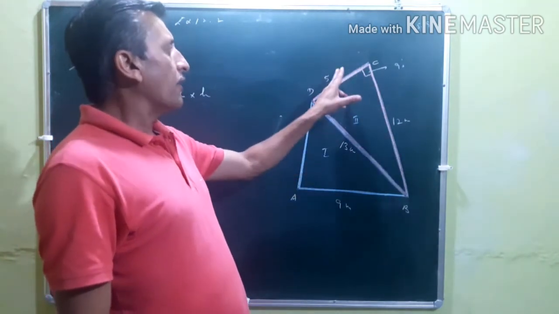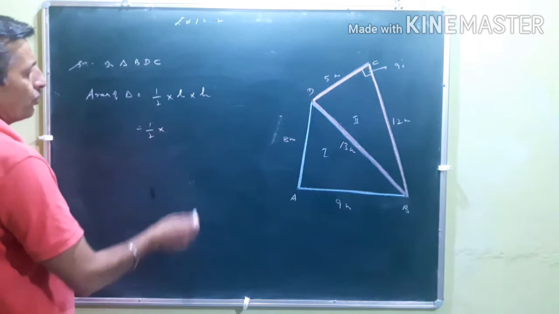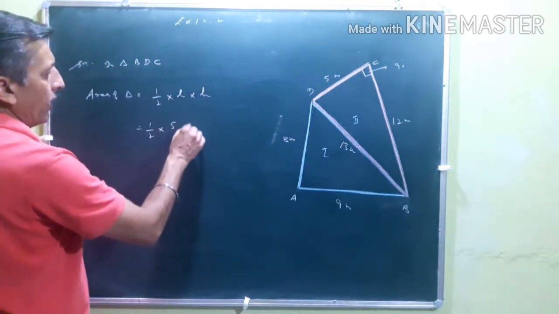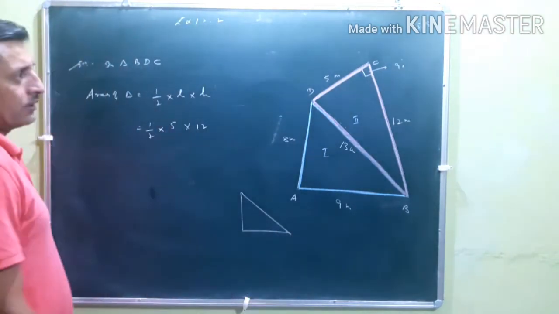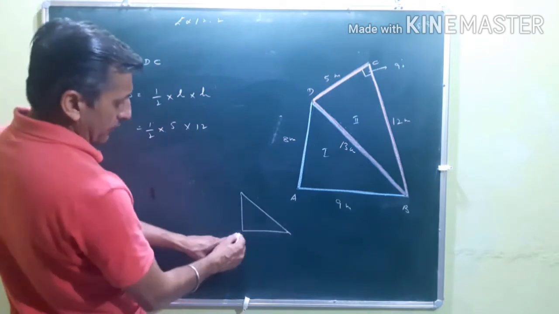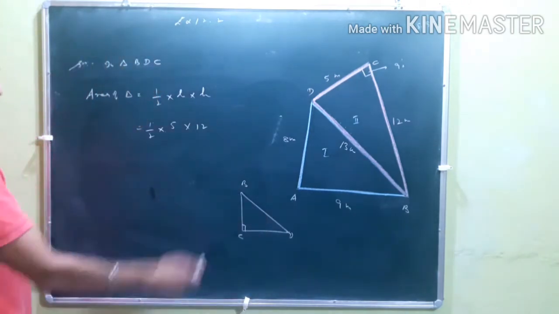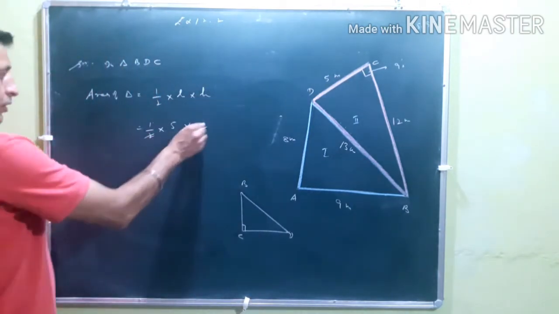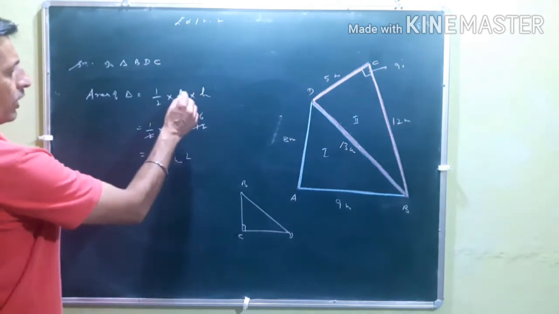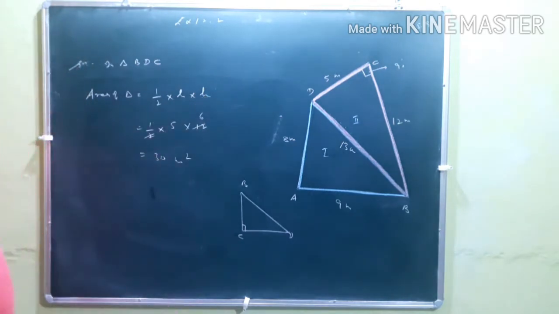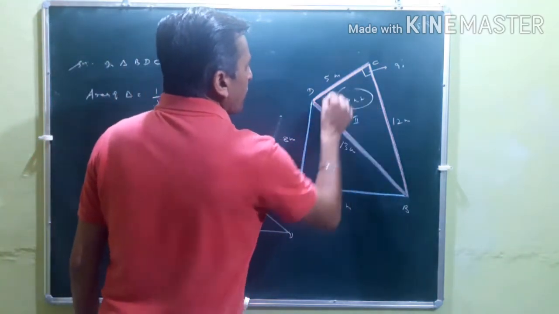And if in any case a base is given and height is given, you can use this simple formula. So 1 by 2 into b, what is the base? That is your 5 meter, and what is the h? That is your 12 meter. See, this is a right triangle in the shape of this one. This is your C, this is your D, and this will be your B. So this is actually the shape of this triangle. So it is equal to 6 into 5, 30. So area is equal to 30, and units are b into h, so meter into meter, that is meter square. So this is the area: 30 meter square.